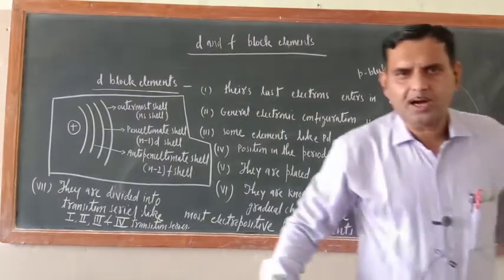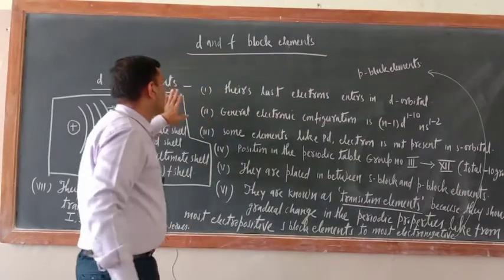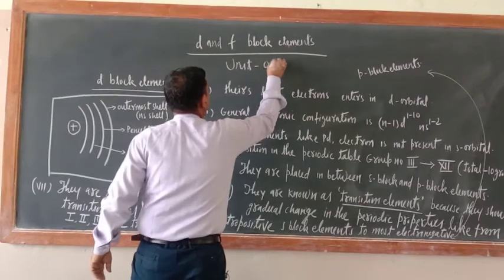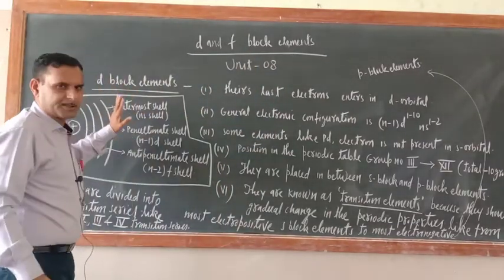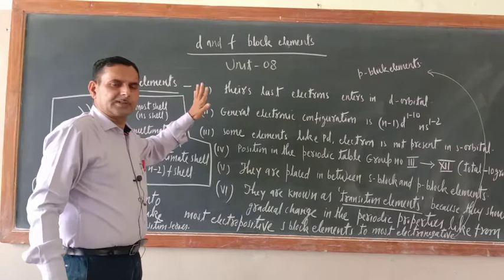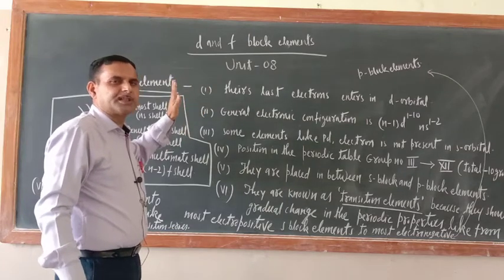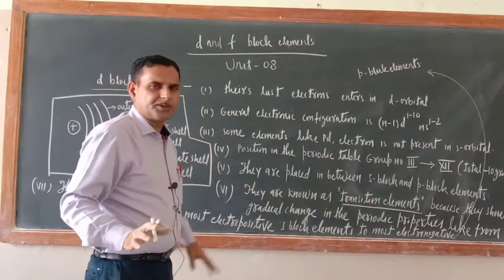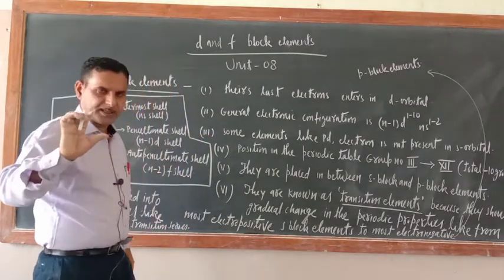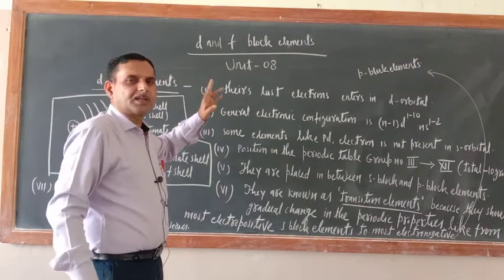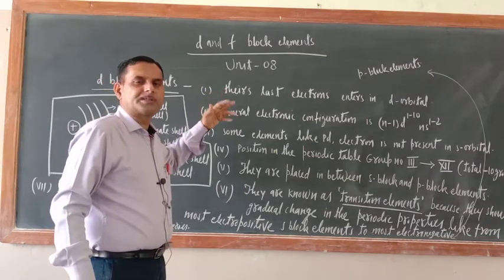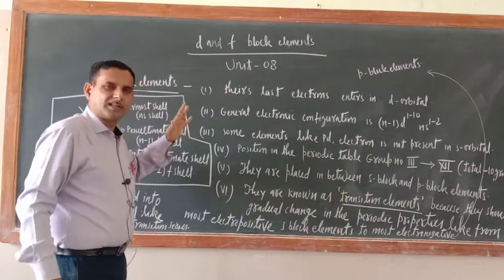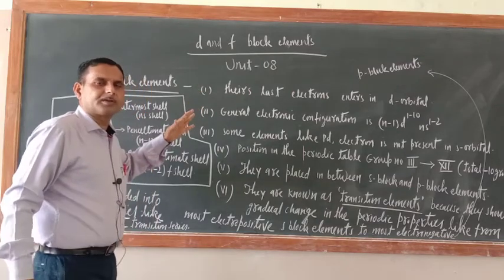As you know, P block I have already completed. Now unit number 8, that is D and F block elements. Just try to understand, here also variation is there, but that much variation is not there as you have seen in case of P block elements. That was one of the biggest units, and if you consider weightage wise, their weightage was also the highest out of all units of chemistry. So we took a lot of time, but I have covered almost all the variations. So just take care of that unit.